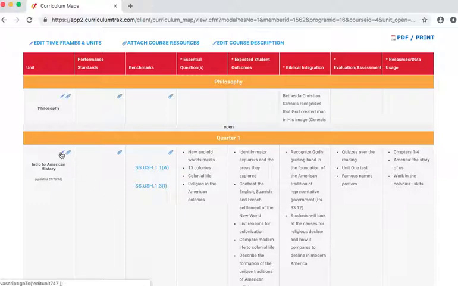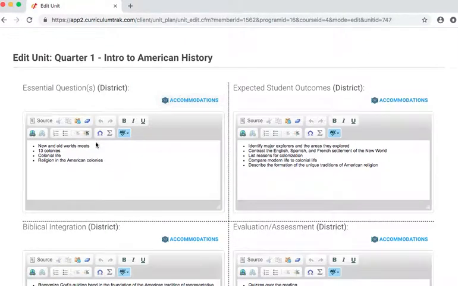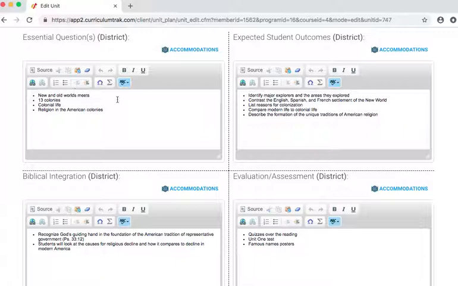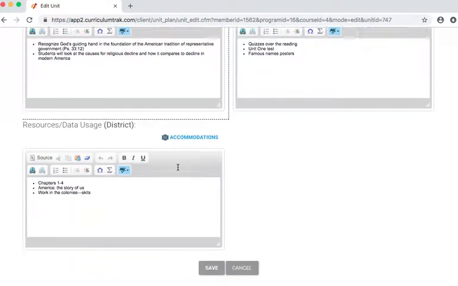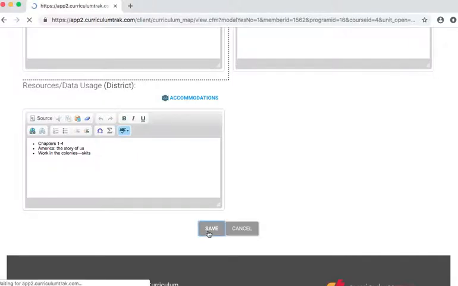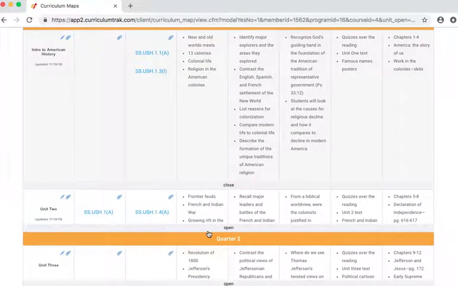You go over to the unit section and you hit the pencil, and up pops all 5 boxes. So as simple as that, you can go in and update any of these 5 categories and then save it when you're finished. And really that will get you to where you need to be as we update each year and reflect on our